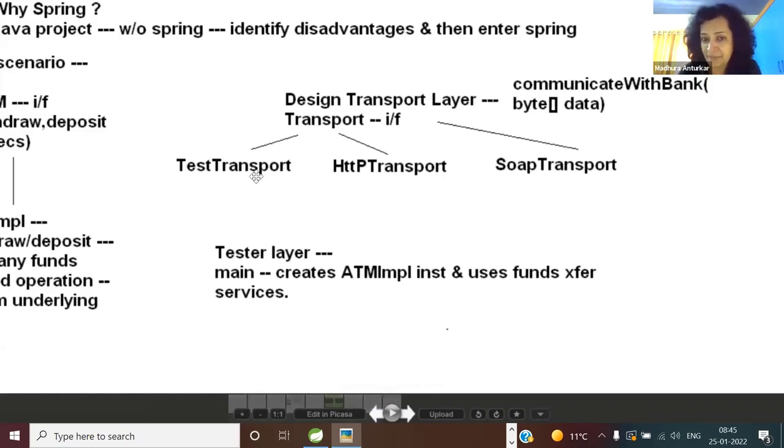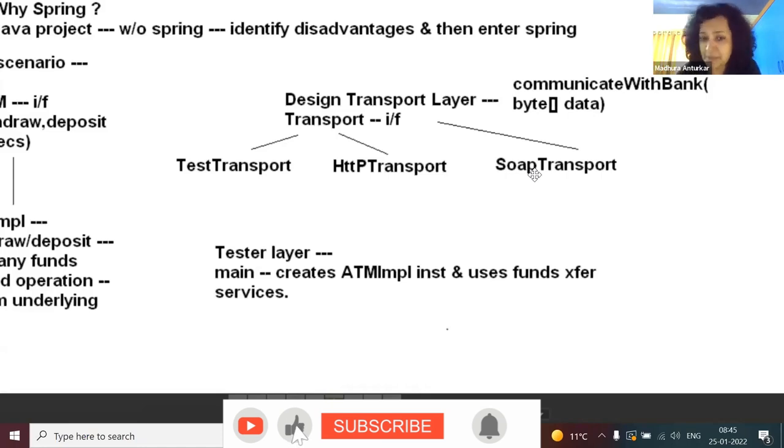Mock means dummy. Okay, test transport. All SOPs you are going to see. HTTP transport and the SOAP transport. SOAP is Simple Object Access Protocol, a web services related protocol, which today hardly people use. All SOAP implementations have moved to REST. I'll tell you SOAP versus REST when we enter the REST APIs.